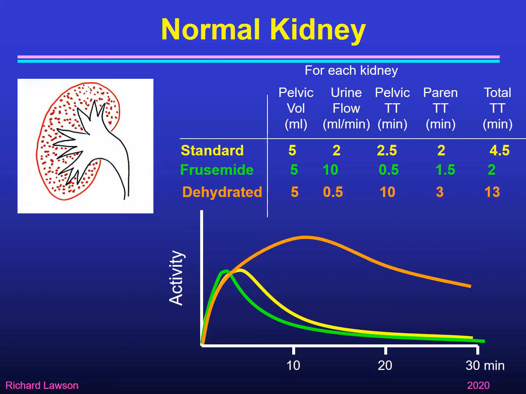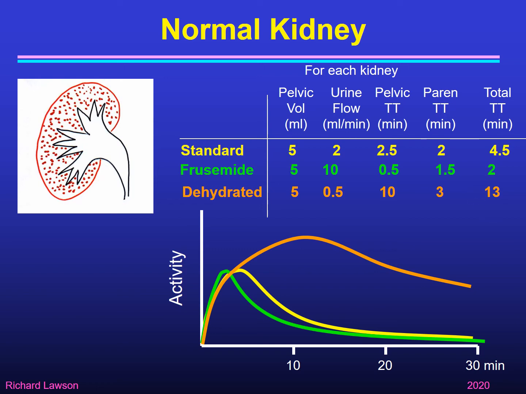But what would happen if this patient was dehydrated, if they hadn't had sufficient fluids as we would normally expect for a renogram? So if the pelvic volume is still 5 mils, but they're dehydrated and I've got a urine flow of, say, only 0.5 mil per minute for each kidney, 5/0.5 is 10 minutes to get through the renal pelvis now in this dehydrated state, and it's going to be a little bit longer through the parenchyma as well because the flow is a bit slower, so a total of